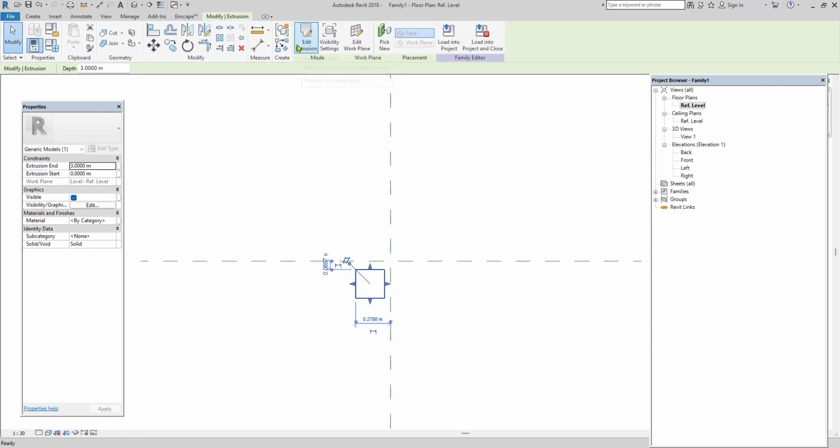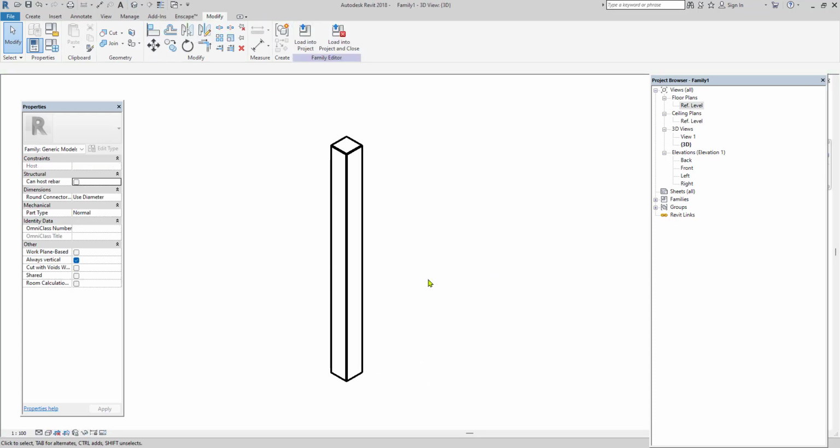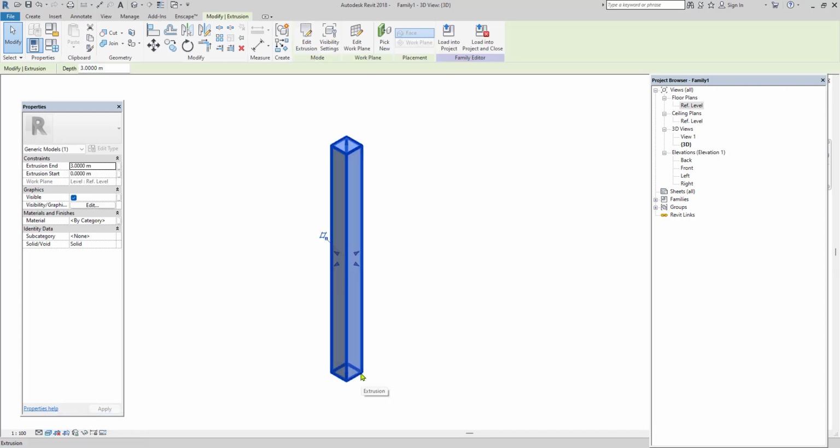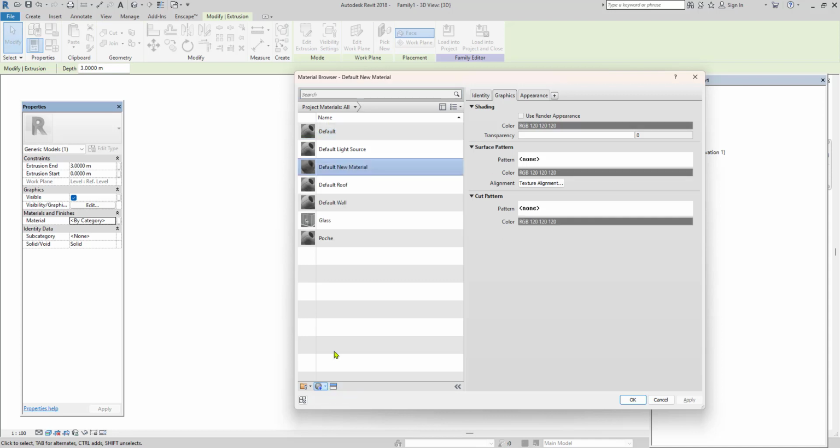Go to 3D to check it in a 3D view, and keep your style on realistic to get the realistic view. You can also apply the material which you want to apply. For that, select it and go to the material option, by category option, create a new sample, and rename this as column, that is about 0.23 by 0.23.